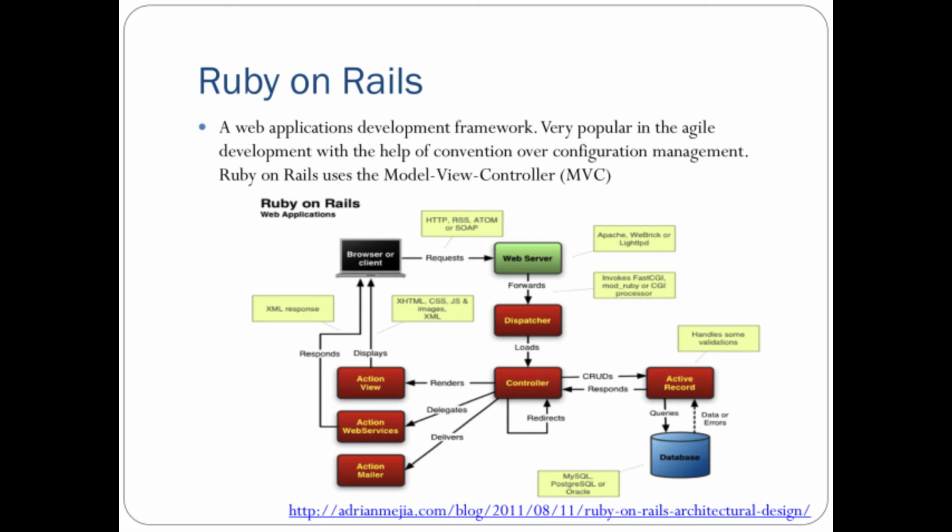You deploy these things over the web server, and then you have an application working that can be exposed to the client, and that client asks the web server for the application it is requesting. It goes to the dispatcher, and then the controller forwards it to the different parts like the database and web services that you had written or some action mailer. All these things are processed, and the result is shown in the form of HTML, RSS, SOAP, or Atom. These could have CSS, XHTML, JS, various images, and XML formatting. So this is the whole architecture of Ruby on Rails.